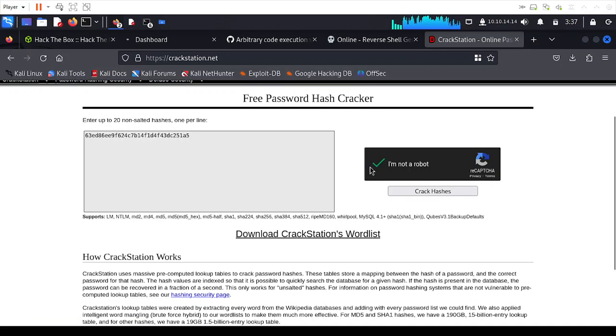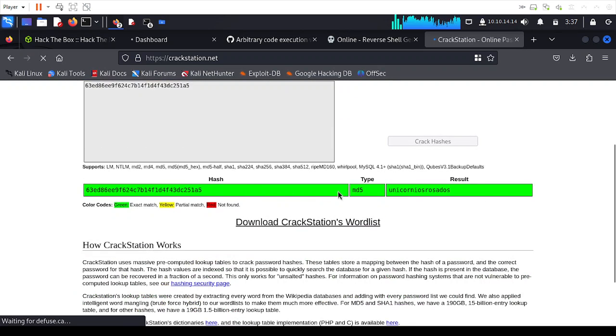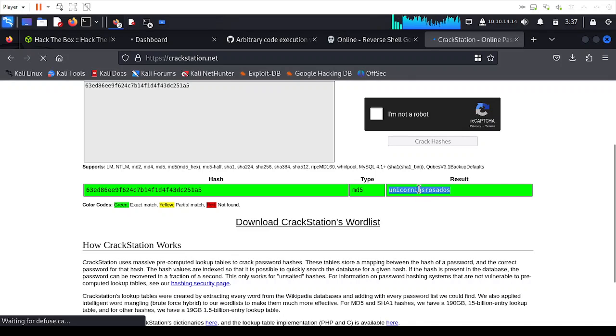Okay, the captcha took a little bit of time, but here it is. So now let's crack the hash. Okay, and that was pretty fast. So it was an MD5 type hash. So let's just grab it,